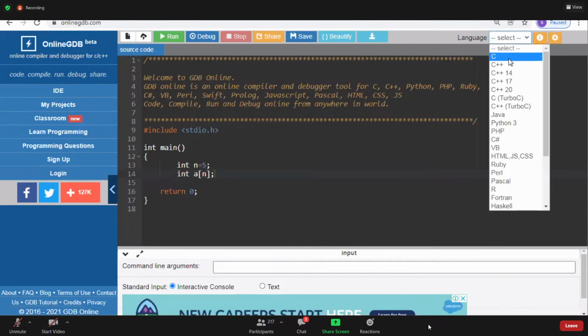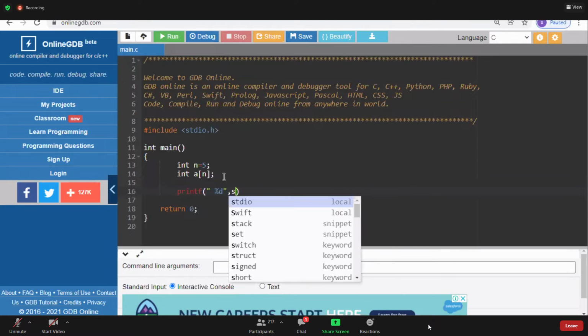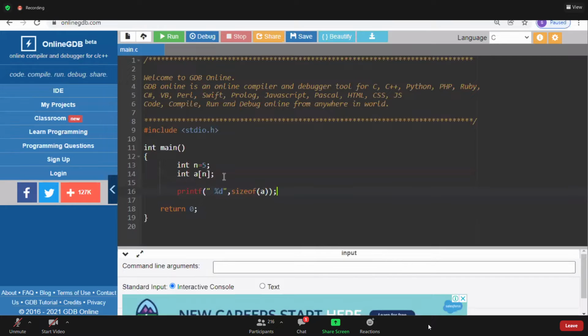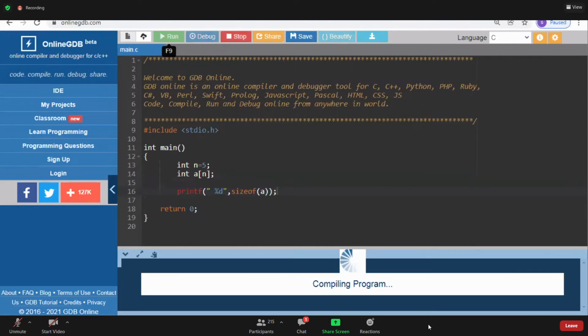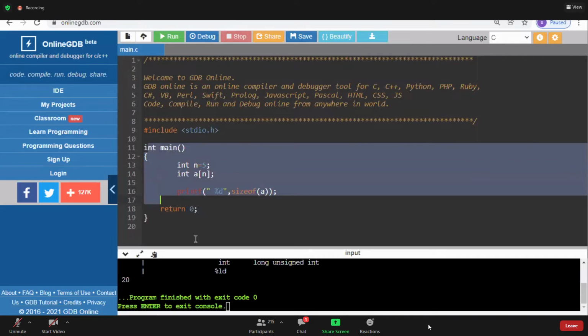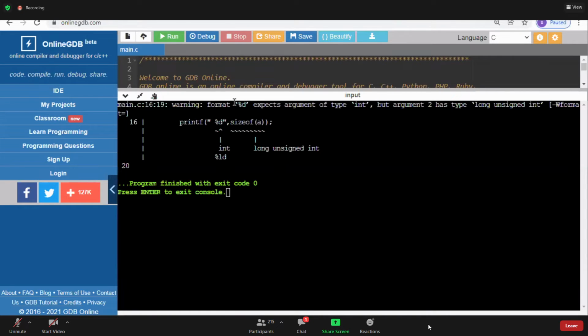You can select C. See, what is the size of the array? Can I print this here? int takes 4 bytes, guys. Size of integer. Percentile d, size of a, for our understanding. Okay, size of a is 5 into 4, 20 bytes, it shows, because this compiler takes it as 20 bytes. See this. It is allowing this kind of declaration; it is not giving any errors. They are not errors, it is showing warnings. That's a warning.